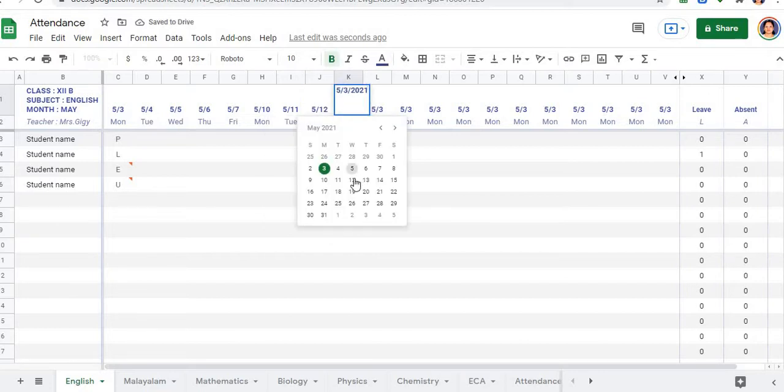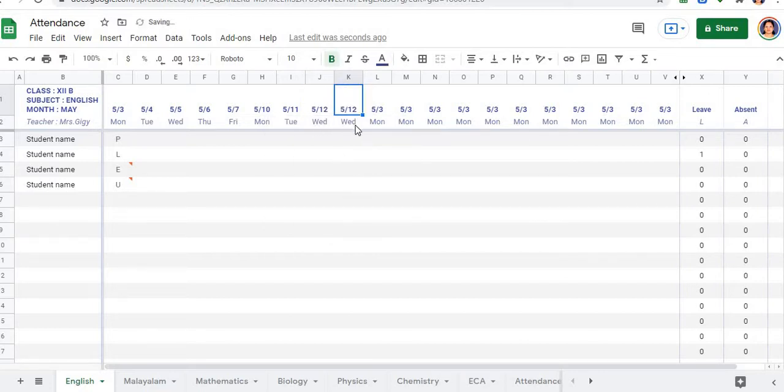Now you can see accordingly the day also get changed below. So you needn't do anything on all these. This gets automatically typed over here. Okay. The next thing that I would like to do would be to copy the